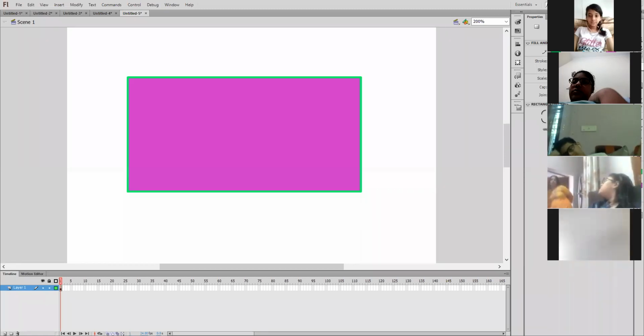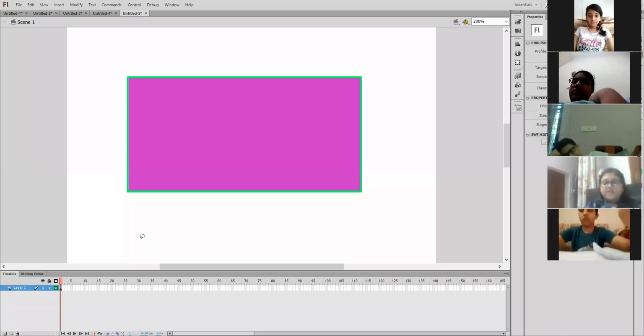On the tools panel, you can see this is your lasso tool. In order to select the lasso tool, click on it or press the L key from the keyboard. Now bring the pointer towards the stage.